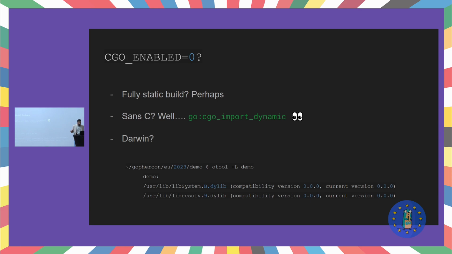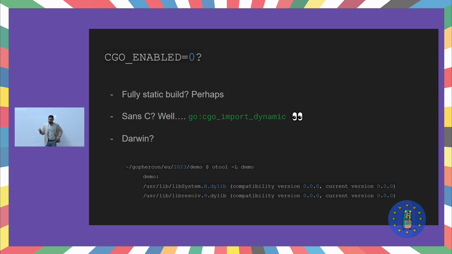Now, what does this mean? What are you saying? Should I disable CGO? Should I enable CGO? What am I supposed to do with this executable? Will disabling CGO give me a fully static build? Well, depends. As you've seen on Darwin, you build it with CGO disabled, or CGO enabled equals 0, and you